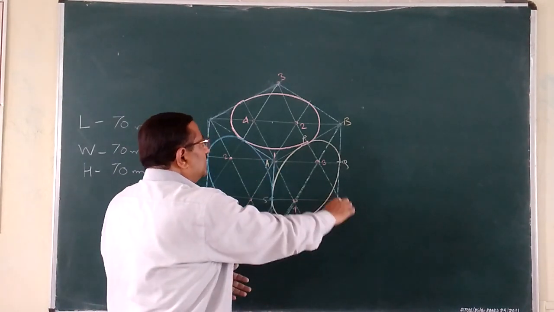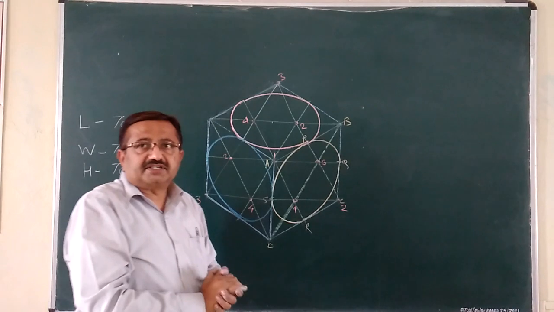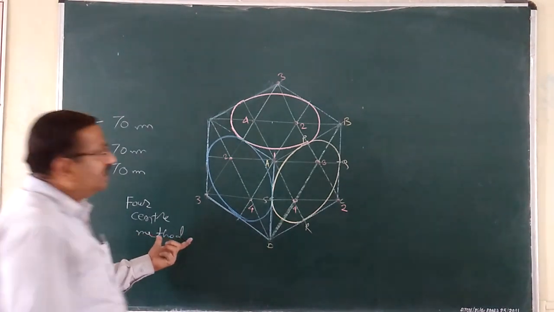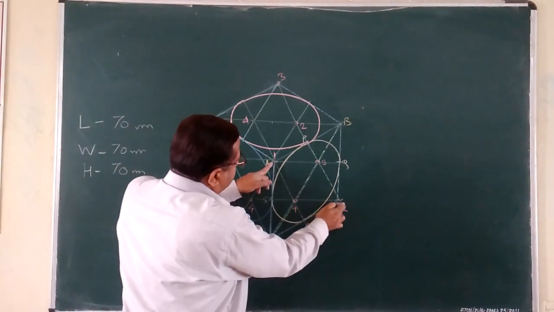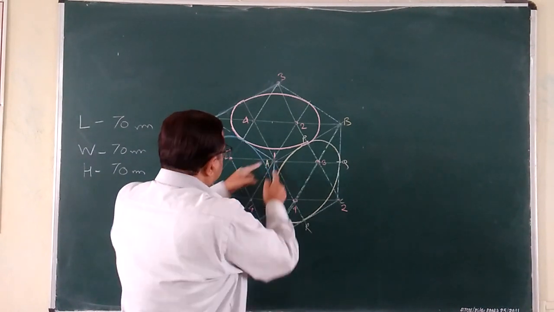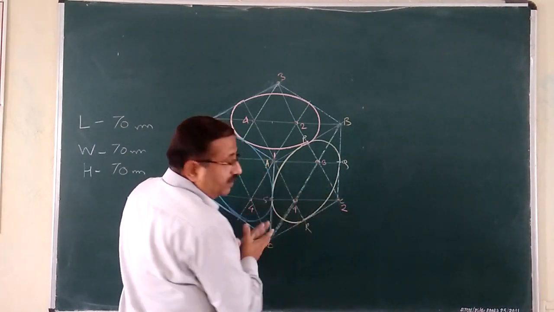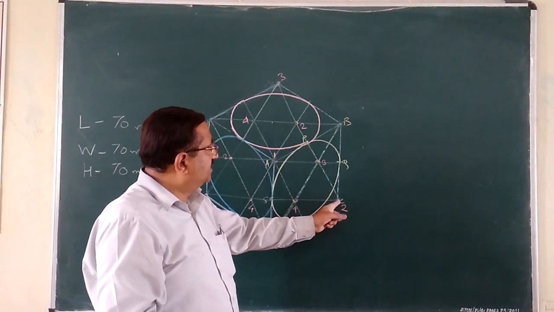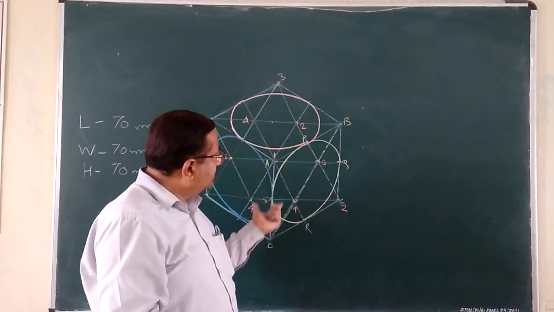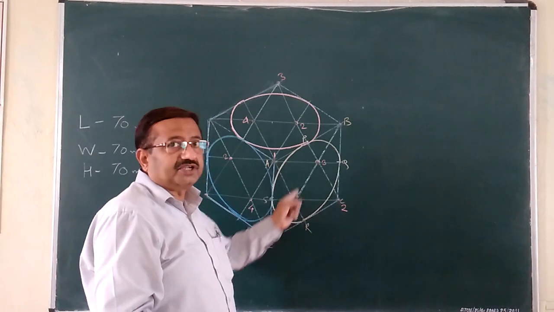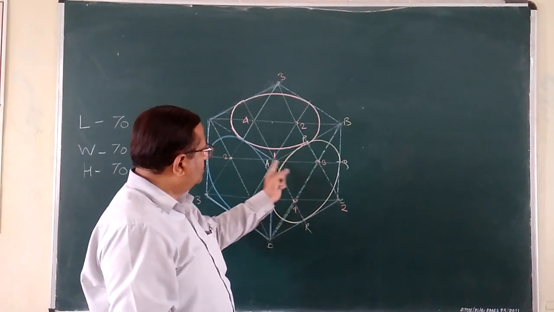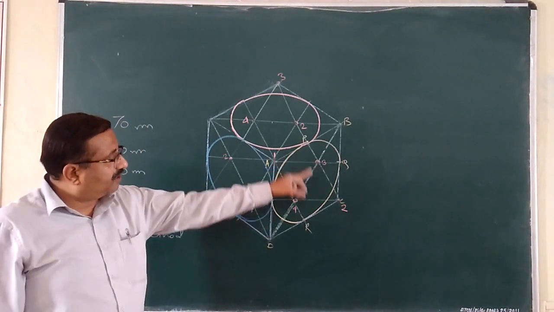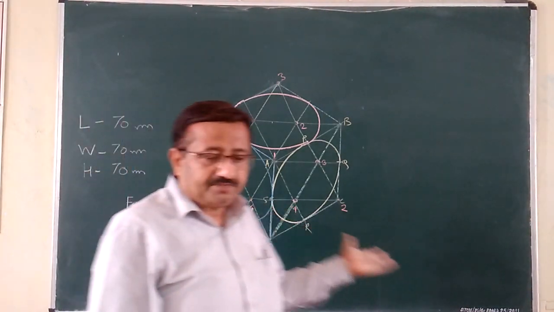Similarly, the reverse way, through C I have connected the midpoints of the opposite sides. By that, what have I got? All the four centers which are essential for construction of a full ellipse I have got here. Corners number 1, A and C, are ready-made centers, out of those four, 1 and 2. And 3 and 4 are due to the construction joining these corners with the opposite sides and its intersection with the longer diagonal. Those centers we have got after that. That is 3, 4. So 1, 2, 3, 4. These are the 4 centers which are essential for getting all the 4 quarter curvatures.